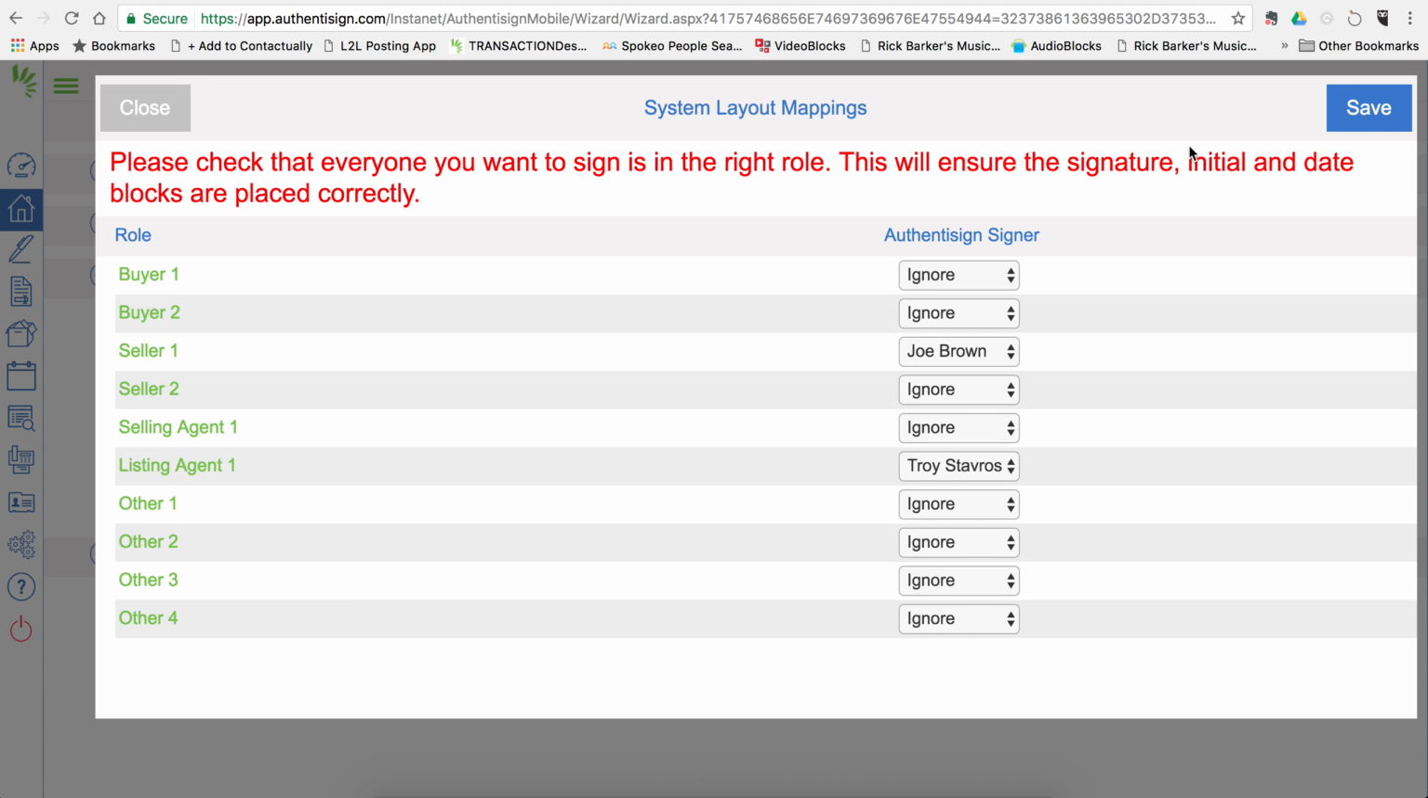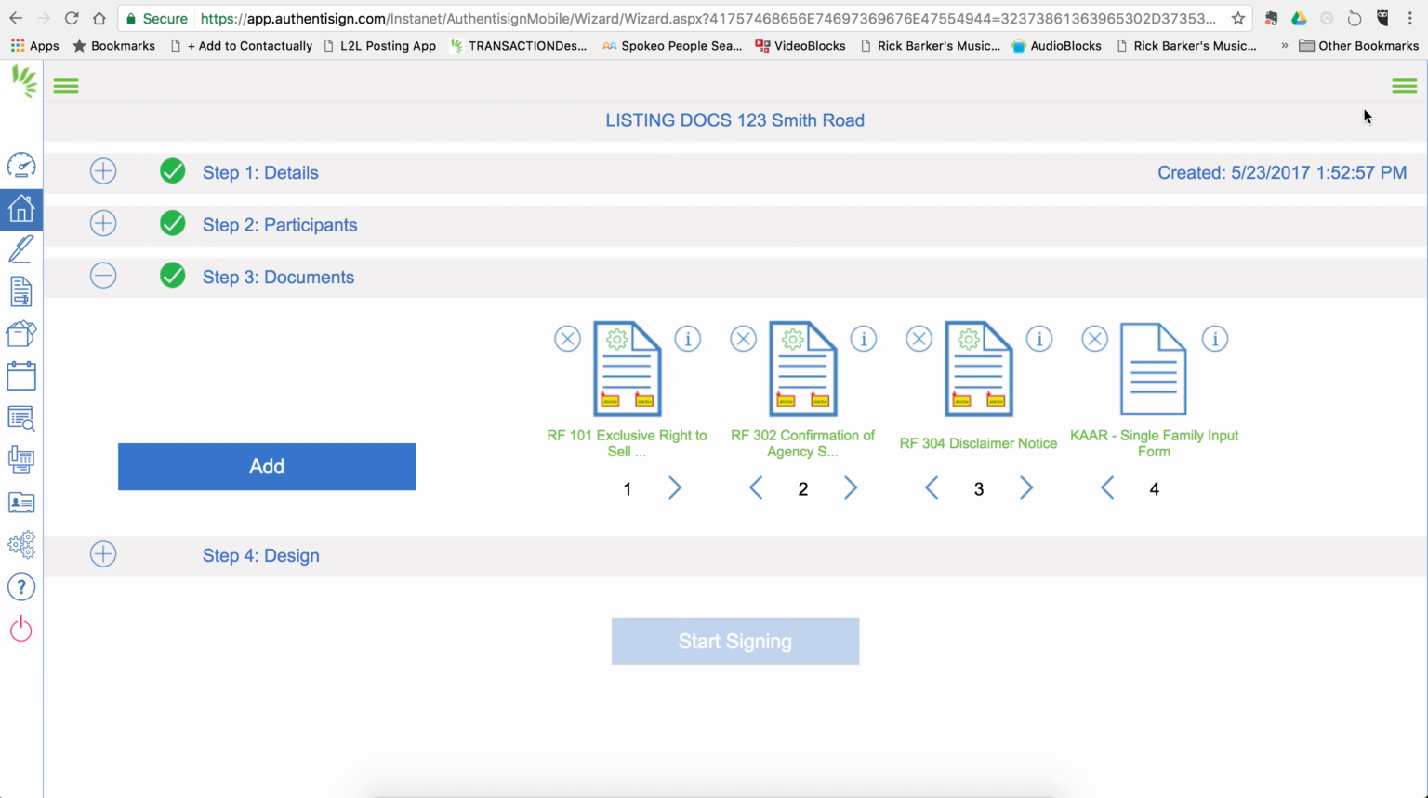There we go. It has added all those. Now here it is just having you verify that this is correct, that Seller 1 is Joe Brown, and that the listing agent is yourself. As long as that looks good, you go up here and click Save, because that's going to map things out for you. Now we see we have all of our documents in here that are ready to be